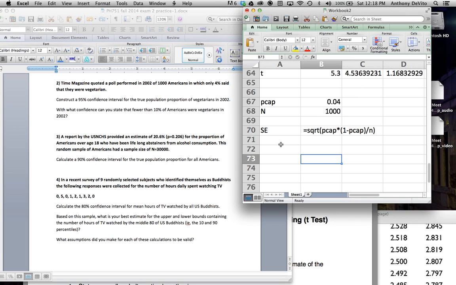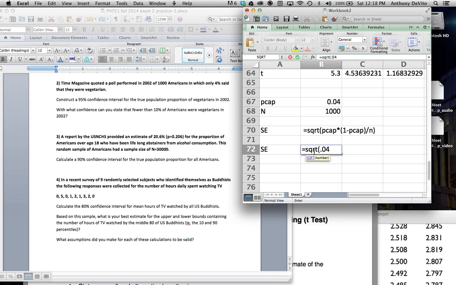Okay, so I'm going to calculate that standard error right now. I know what p cap is. I know what 1 minus p cap is going to be, and I know the sample size. So for repeated samples of size 1,000 from this population, we're estimating the standard error to be equal to the square root of, well, let's see,